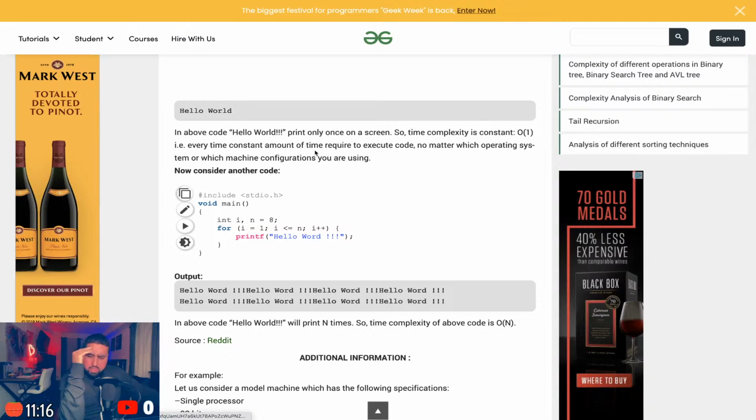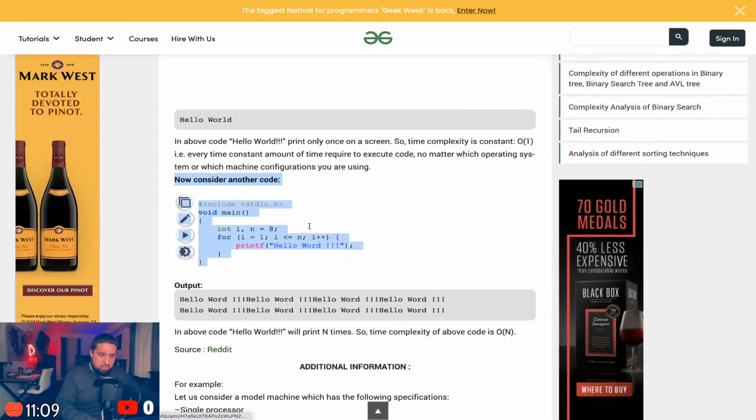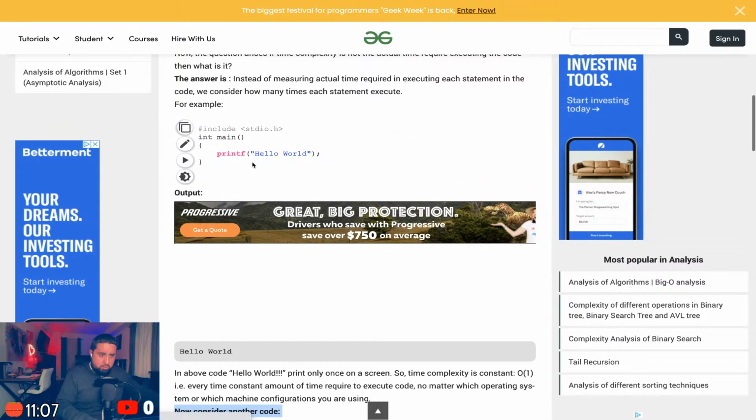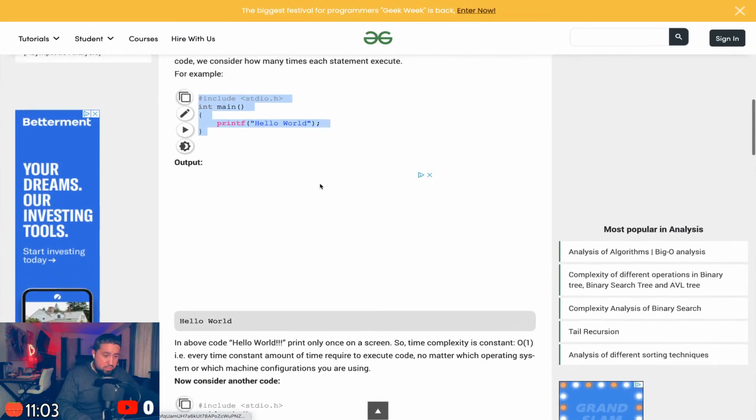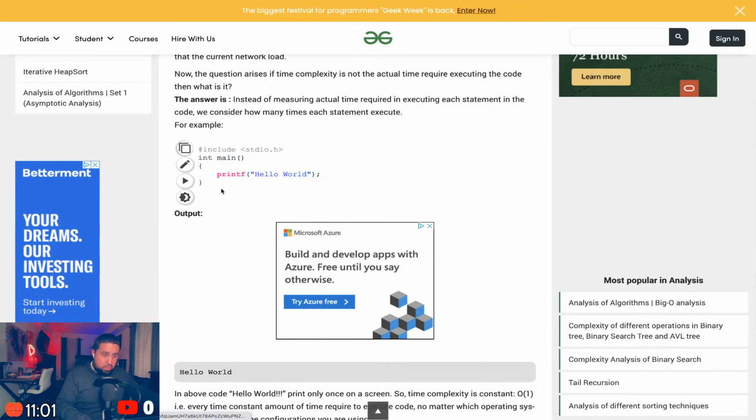I'm not using a loop, so I'm gonna not look at this. Where's the code example for here? So print. The time complexity is constant time, big O of 1, because it's just printing that one thing.